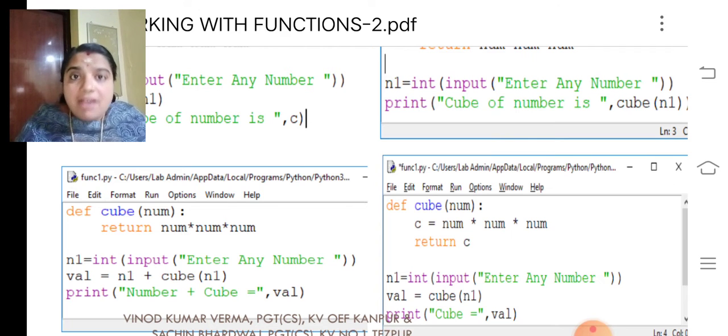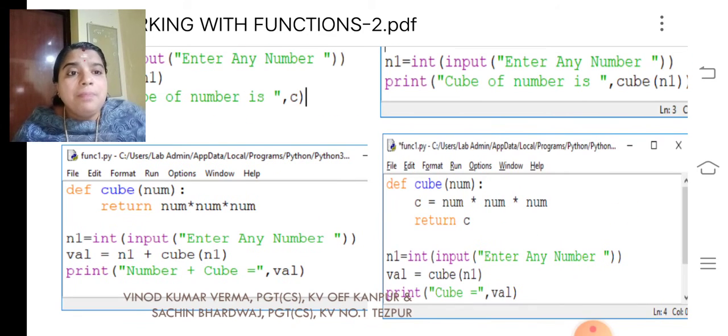That is, calling a function is given along with an expression n1 plus cube of n1. We will get number plus cube. Look at the next one. Value equal to cube of n1. Print cube equals val. Very similar to C.